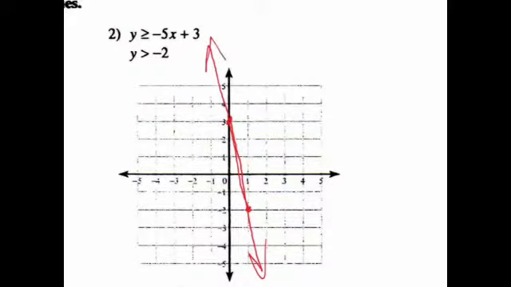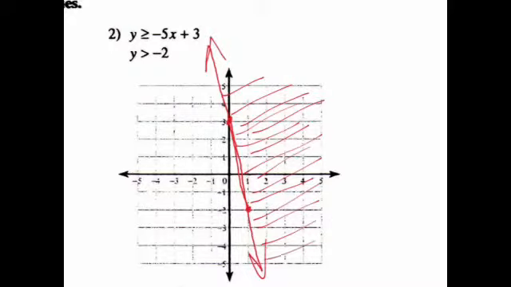It's going to be solid, and this says that it's greater than, and the greater than side is that way. And so I'm going to be shading this way, like so. All that's the greater than side. And I'm going to graph this other one in blue. That says y greater than -2. Well, that line falls right here on this horizontal here, and it can't be equal to, so I'm going to do a dashed line here